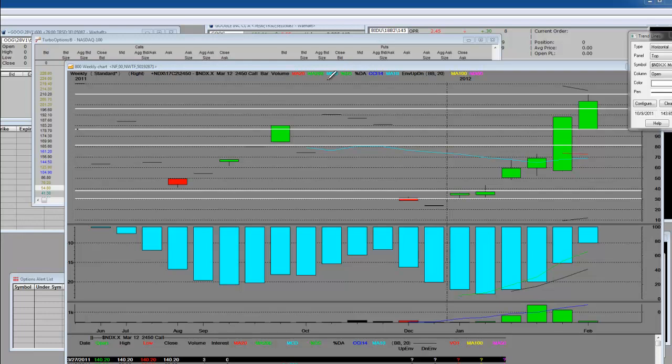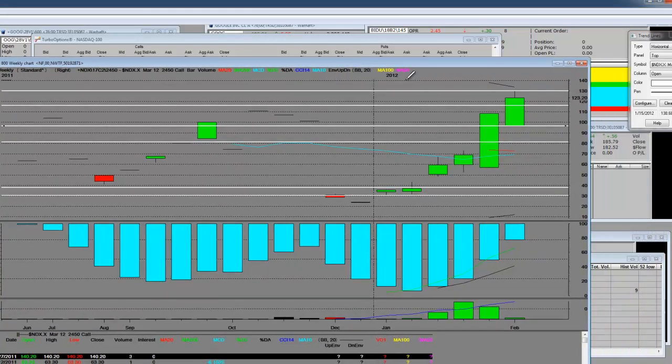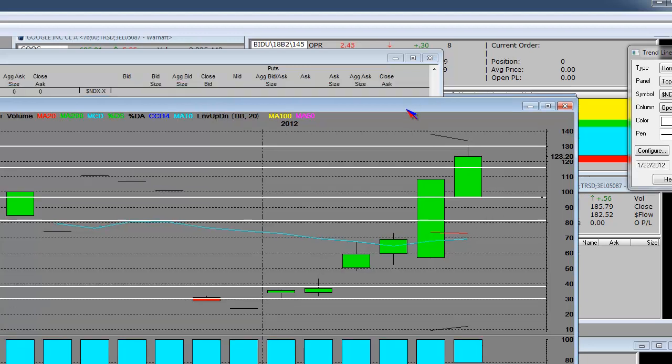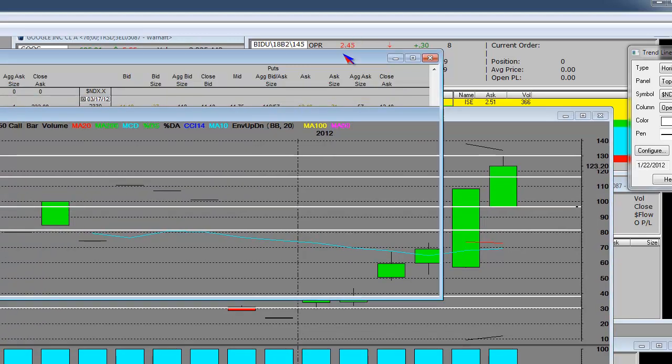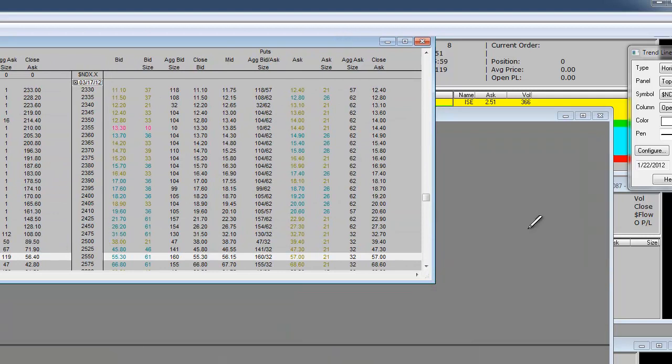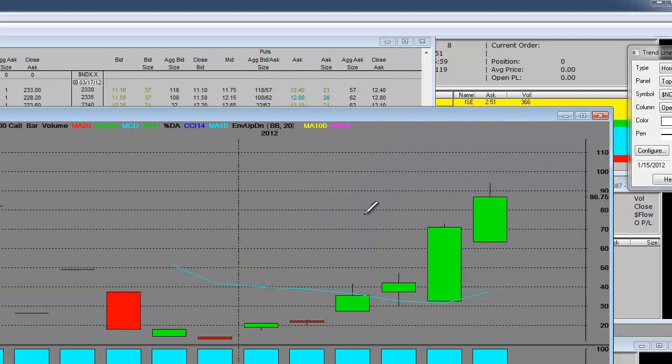I'm looking at the Nasdaq March $2,450 call. Again, I'm looking at a peak up here, as they've walked this thing straight up parabolically on the call side, that at times we're going to be buyers on these calls. I'm just going to go through some of them for the March one, because when the tech sector does pull back, here's a